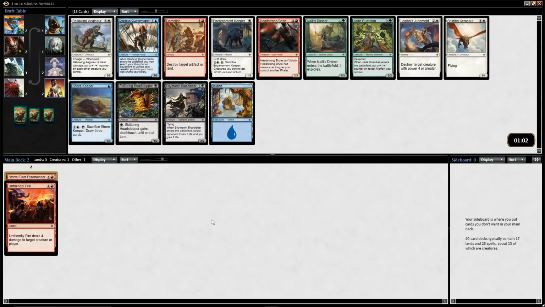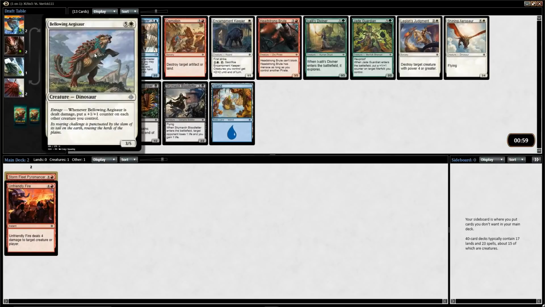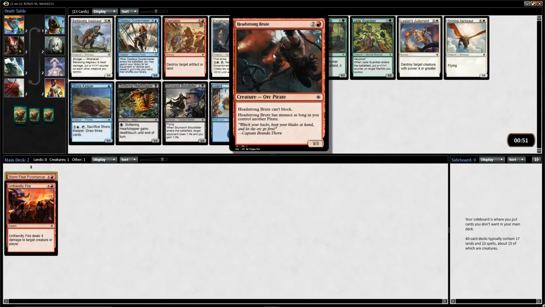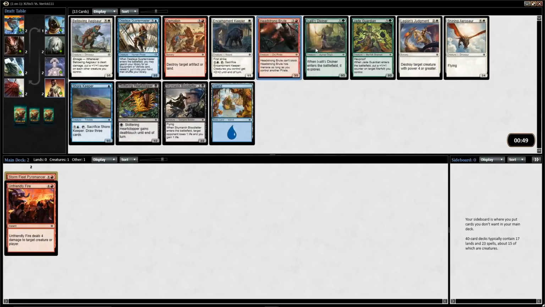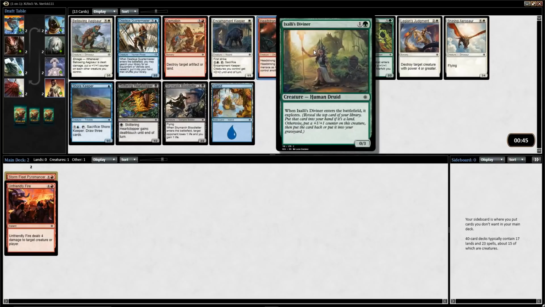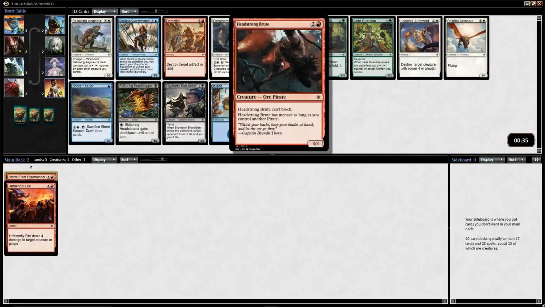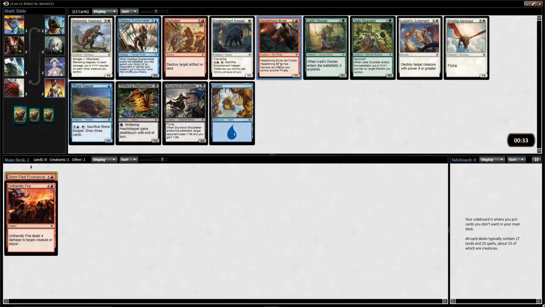But this pack, what do we get? Bellowing Aegiosaur, Deadeye Quartermaster. I mean, Aegiosaur's fine. Headstrong Brute, 3/3, menace if you have a pirate, can't block. Some nice exploring. Not very aggressive though. Jade Guardian kind of wants a lot of merfolk. So not much for red. I guess we can take Headstrong Brute, but